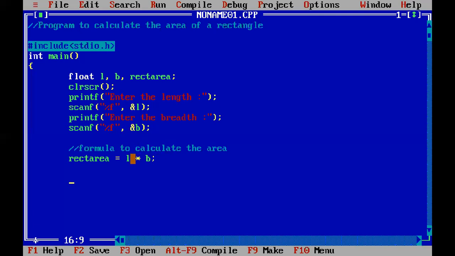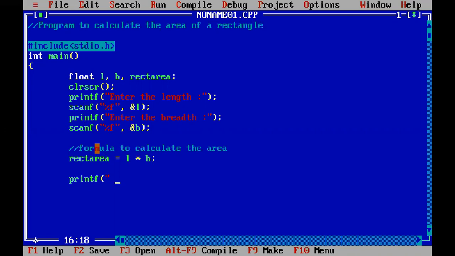Now, once your area is calculated, once you give the values for L and B and then you use the formula, it will be multiplied and the result that you get will be stored in rect area. And now we want to display the result. So to display, you know that we have to make use of the printf statement. So another printf statement.